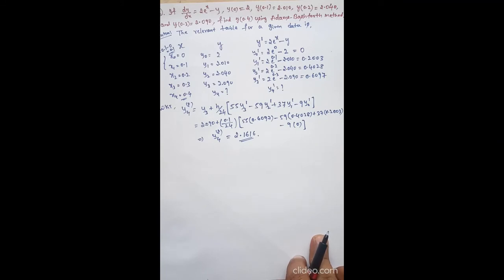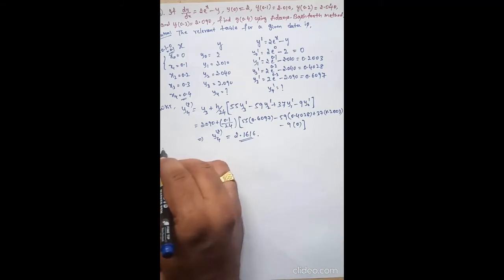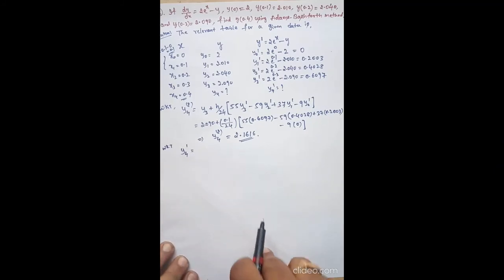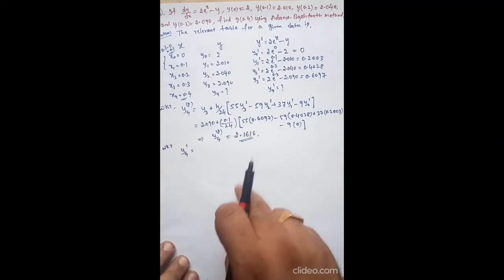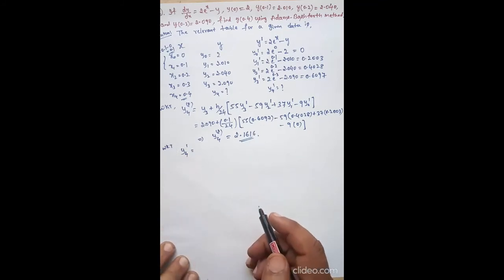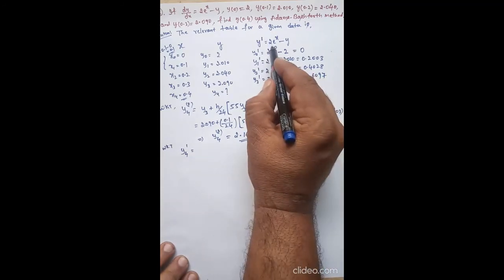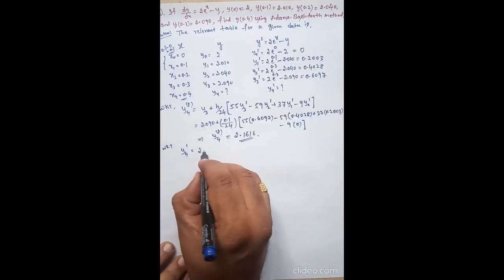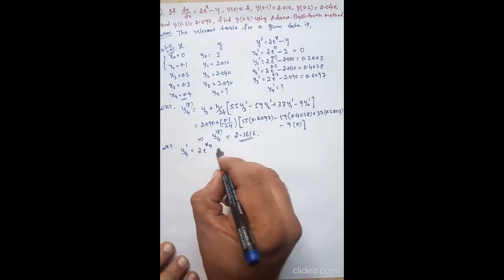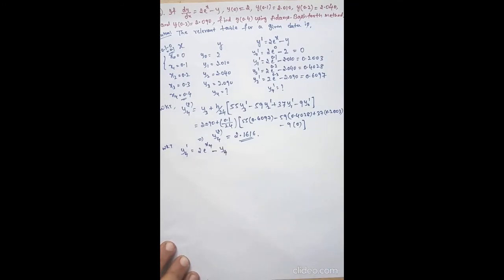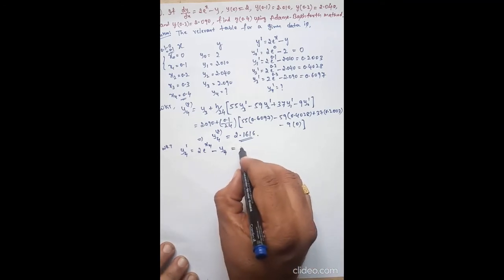So once we get a predictor value, the next step according to your working rule is calculate what is y4 dash, because you have to calculate the corrector value next. To calculate the corrector value, I need y4 dash. So let us calculate y4 dash first. So y dash is 2 e power x minus y. So y4 dash becomes, it is 2 e power, in place of x you get x4 minus, in place of y it is y4. Let us substitute the values. This is 2 e power x4.